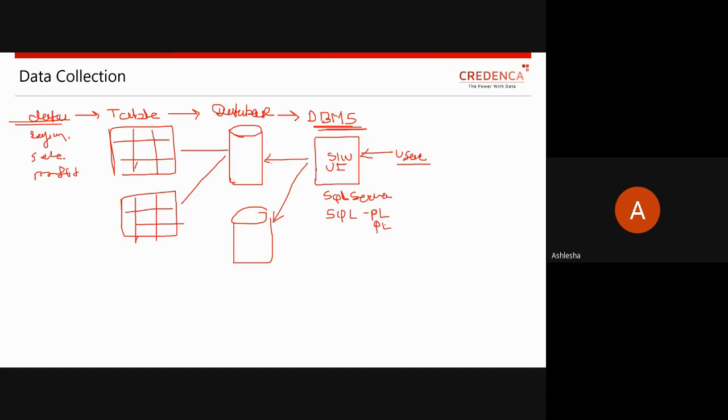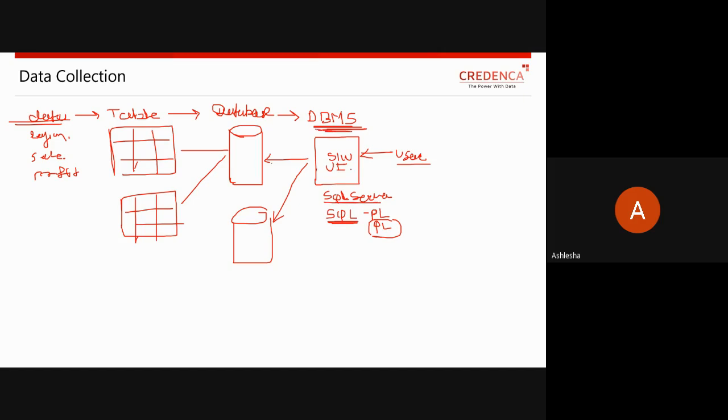Using this SQL query language, you can modify, change, update, and create a new database, which means you can manipulate your database using this query language. SQL is a query language, and SQL Server is that DBMS system.